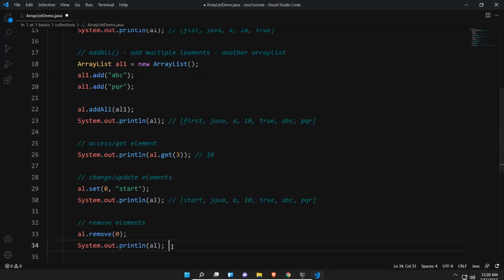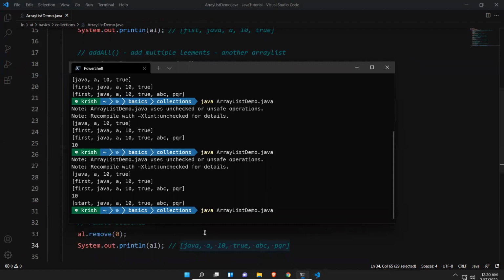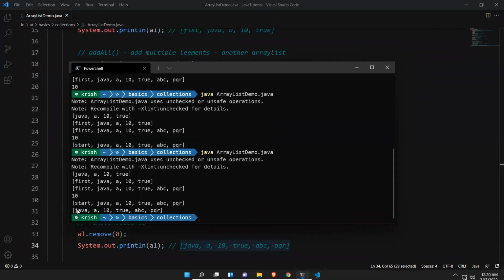So previous output is this one. So here, what it has to do, this start should be removed. It has to print from Java only. The reason is 0th index value I removed. I'm expecting this output. Okay, so execute this, and you see that start removed, and the last is Java A10 true ABC PQR. Right, this element is removed with the help of remove method, and I'm providing the index, the 0th index value element I want to remove. I removed. Okay,